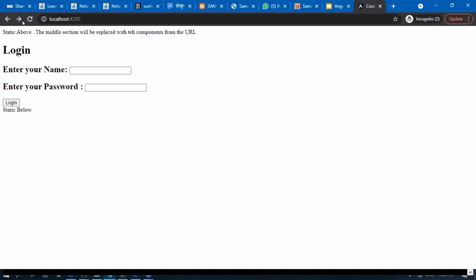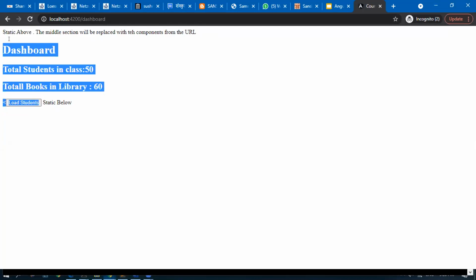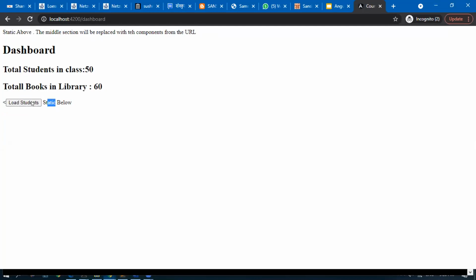Static above, the middle section, students replaced. Let's go from the first. Empty, see it is static. This is not changing, this is not changing. Only this is the router URL. I click here, and this is not even changing. There is not even a flicker. This is SPA, single page application. This will remain as it is. The content in this HTML will be removed and the new one will be loaded by Angular.